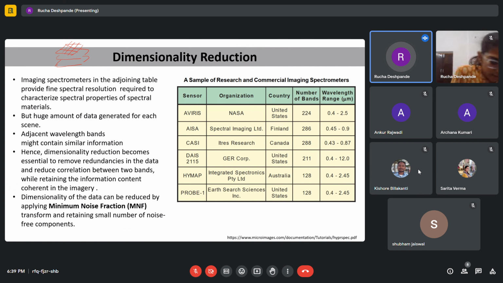And then, if the spectral response of the material is similar over a large wavelength range, most of the wavelength bands will contain similar information. So this redundant information needs to be reduced, and there is some noise in the data which needs to be filtered. So we do this process of dimensionality reduction, so that it will be easier to do